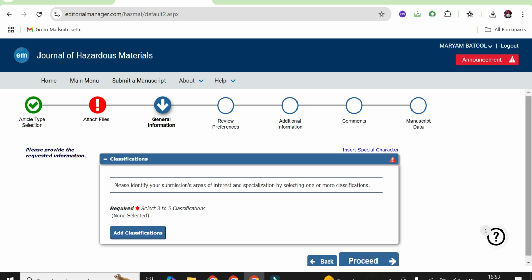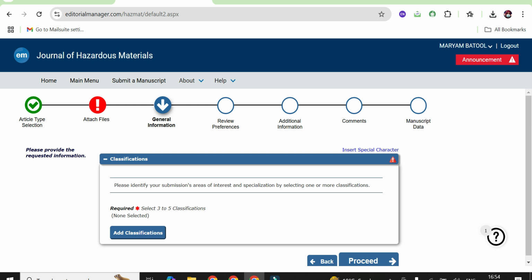Here it is asking a question about the classification of your paper. You need to add classification here. One thing you need to consider is that this attached file is termed as red, and it is not completed. That's why its color is red. Because I have not uploaded all the files. When you are submitting your paper, you need to upload all the required files on the attach files option. Once you are done with that, its color will be green, and it is shown with this tick option. Okay, so here the third step is journal information,